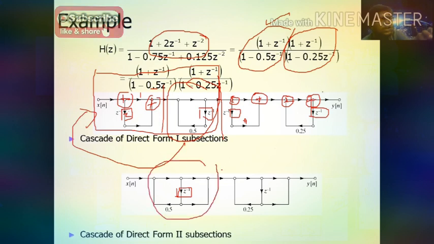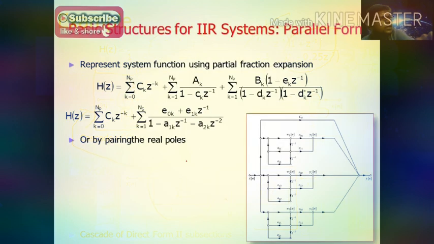Similarly for this one. Now this sub-transfer function comes in this area. Now we have two delay elements. Instead of two delays, you add one delay. Okay. So now in this area it consists of 1 and 0.25. Okay, if this portion comes to the left hand side, here I put 1.25. Next, on the right hand side you have 1 and 1. So now by adding these two, we can get the cascade form of direct form 2 section. So this is the difference between the cascade form of direct form 1 and the cascade form of direct form 2. Okay. Now we move on to the parallel form structure.